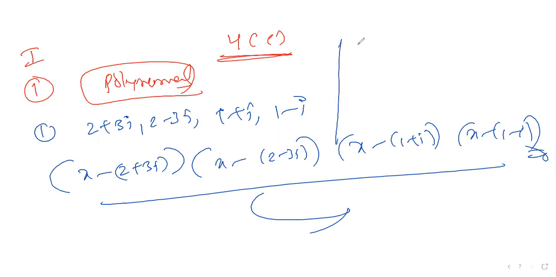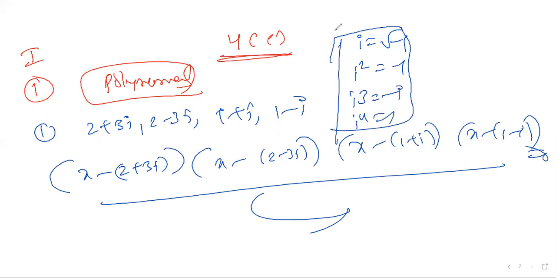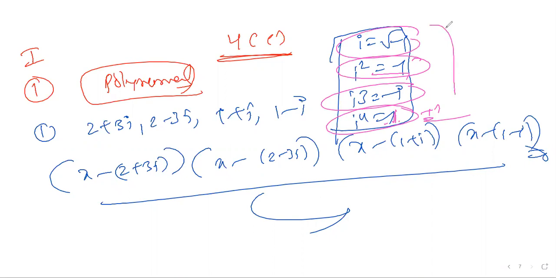When you're doing this, I told you i is equal to root minus 1, i square is equal to minus 1, i cube is equal to minus i, i power 4 is equal to 1. Remember these things and do it. Because i square is minus 1, minus into minus is plus 1. Clear? This is already complex numbers. I don't want to touch it right now. It's a whole topic. First, second, third question, fourth question, you do on your own. Okay?